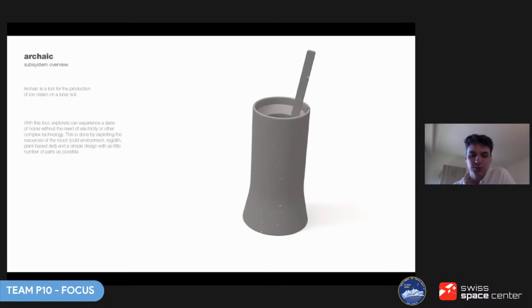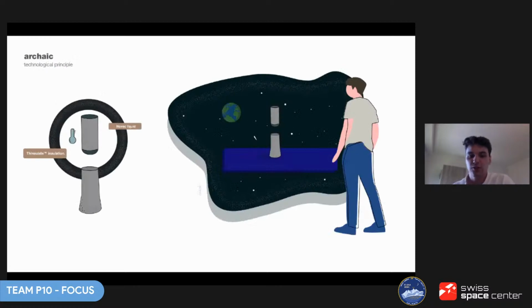The idea is to use the external temperature of the moon inside the lava tube to freeze the mixture and deliver a plant-based food without the need of electricity. With this tool, explorers could experience a taste of home and a joyful moment. This is done through a freezing liquid, which maintains the low temperature needed. By adding a fluid mixture into the subsystem and mixing it for a few minutes, the host will get a